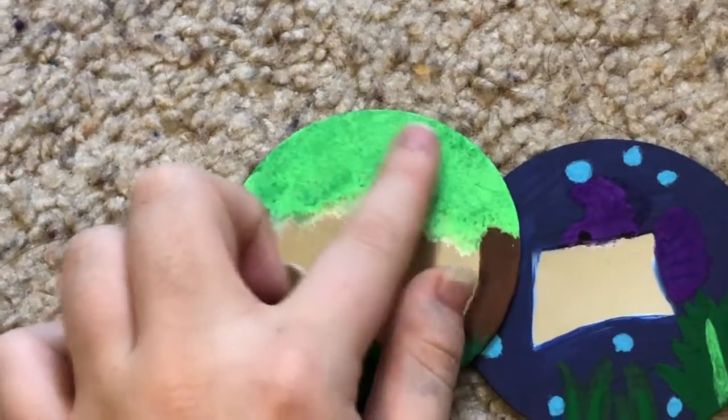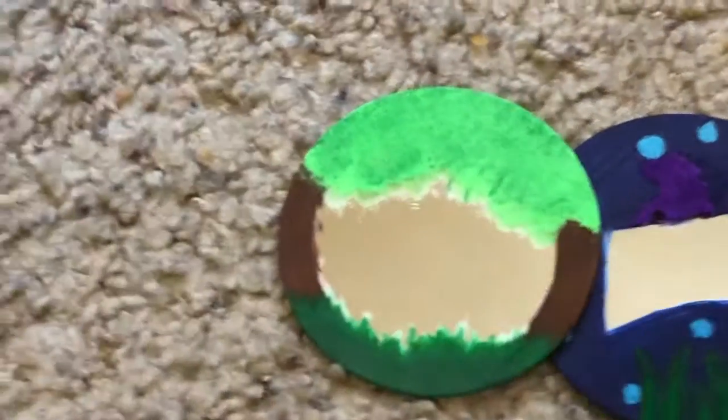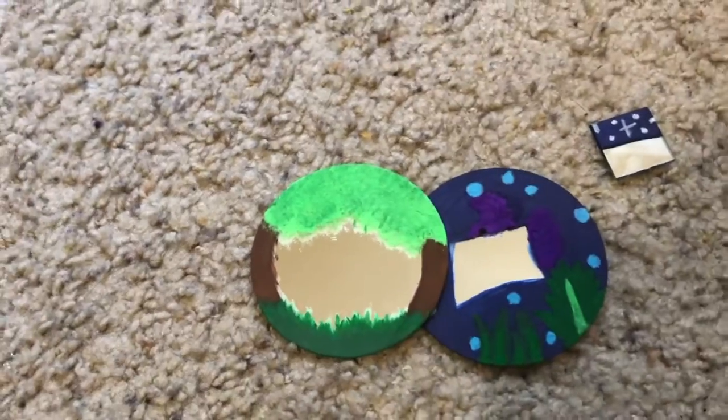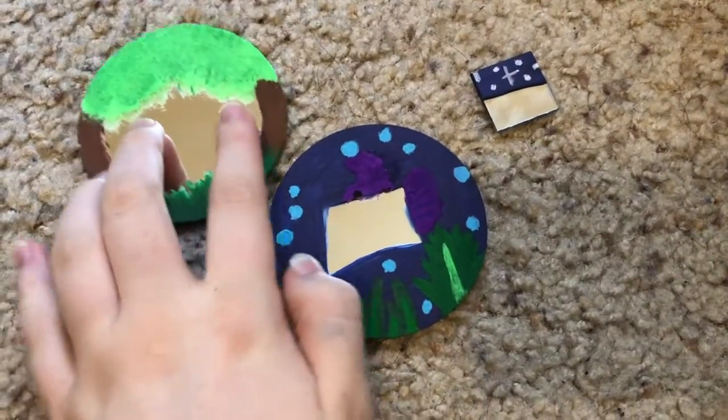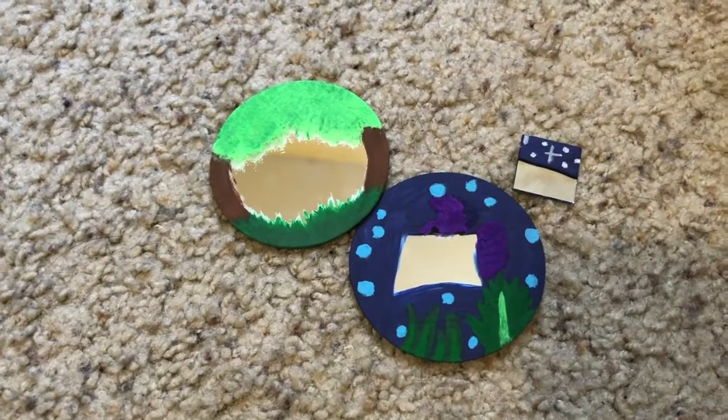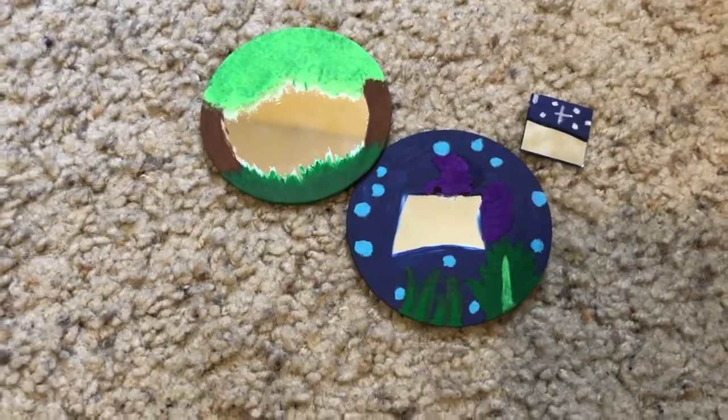I actually recommend doing this super highly, even though this isn't a stuck-at-home idea, but it was so much fun to just paint on something that wasn't paper because it made it a little bit of a challenge, but it also turned out to be super fun, and it takes up a lot of time, so if you're bored,